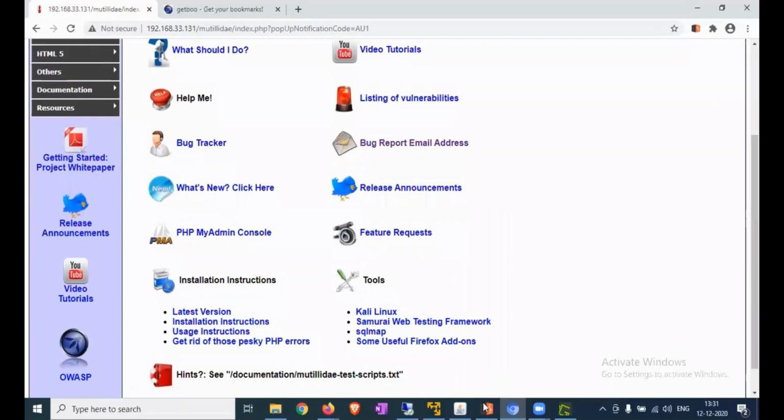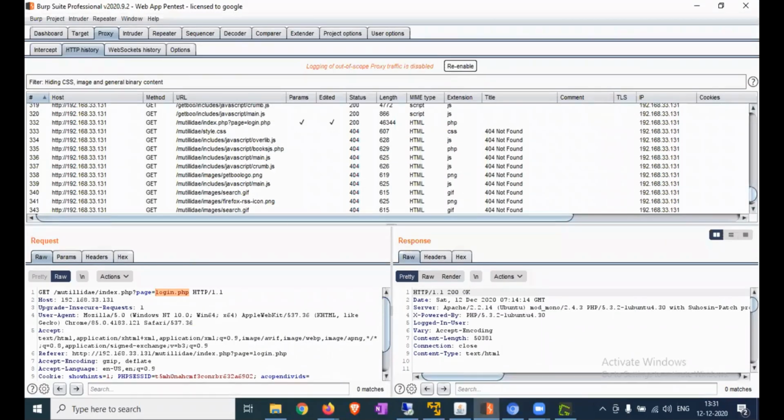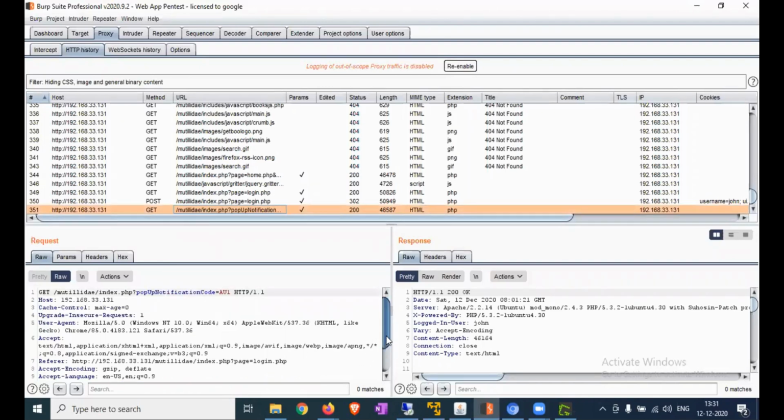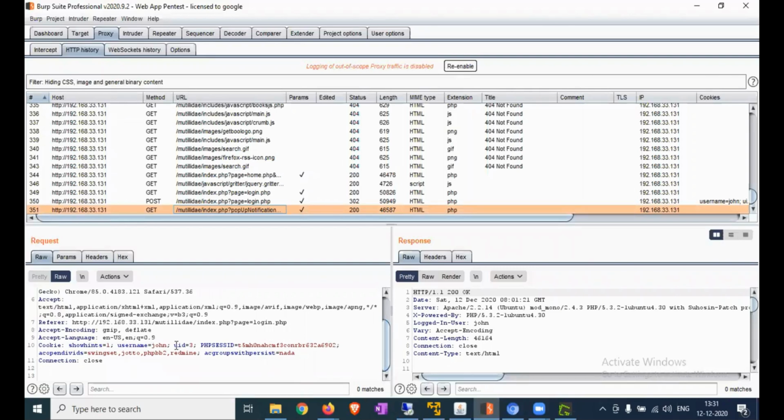Now we are checking the HTTP history. We are looking for the GET request with the John username.